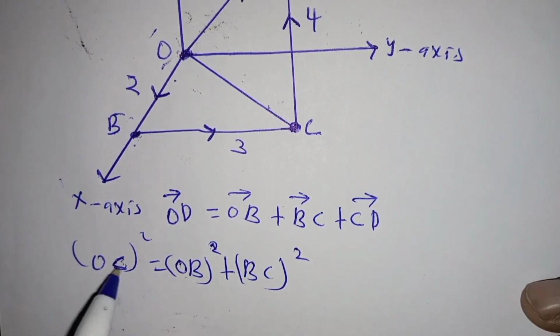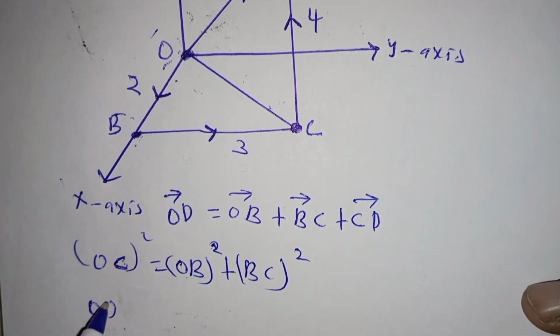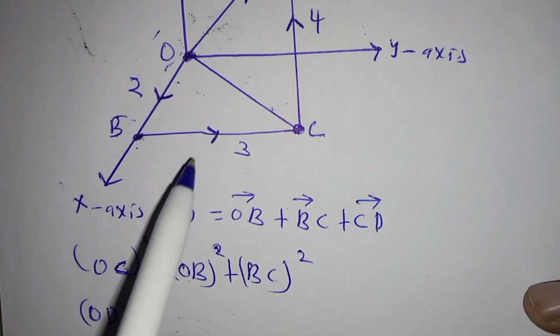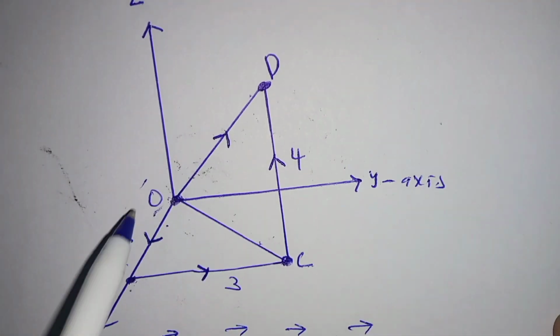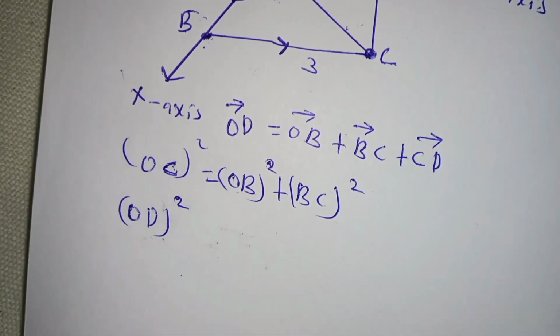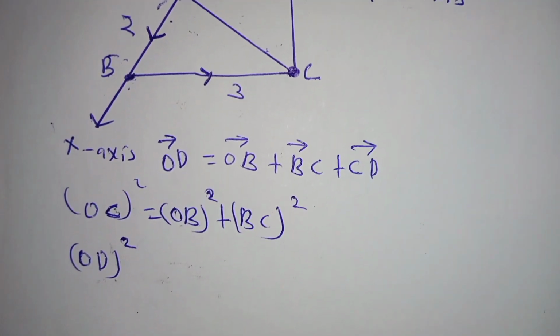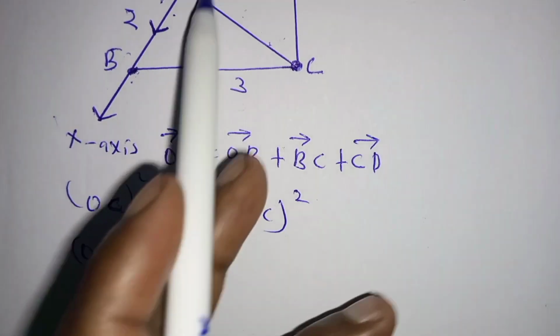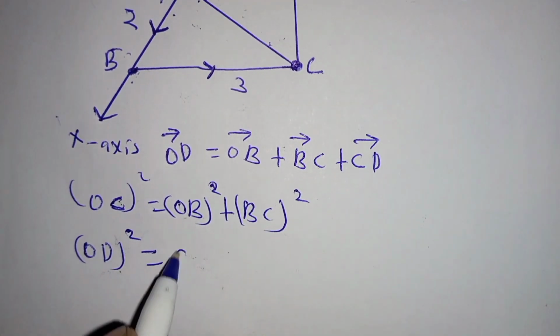Now, OD squared: from that diagram, OD is here. OD is the hypotenuse, so it will be obtained by OC